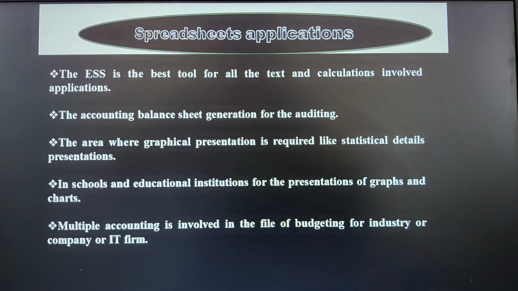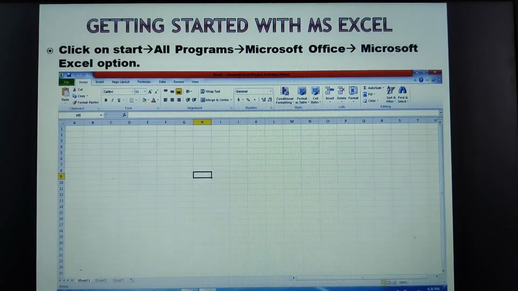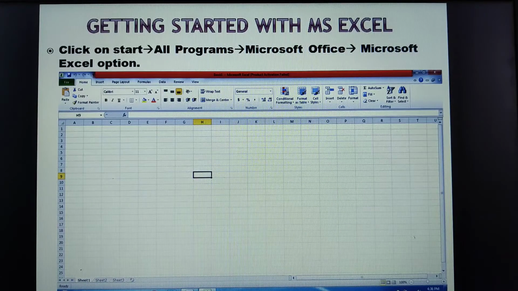Let us move on to the next one, that is how to get started with MS Excel, that is Microsoft Excel. What is the path to open the Excel file? Click on Start, All Programs, Microsoft Office, and then choose the Microsoft Excel option. Now this is the basic layout of the Excel sheet.